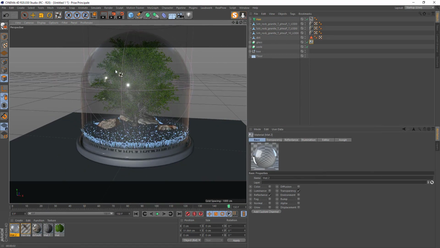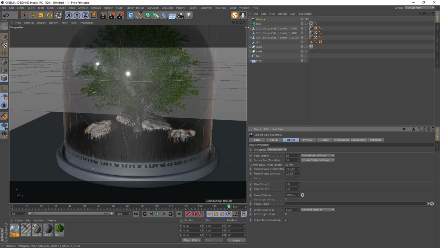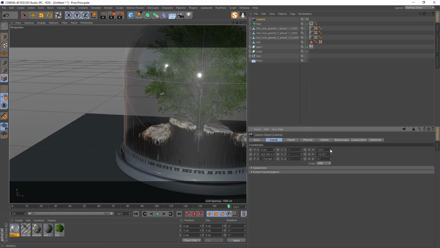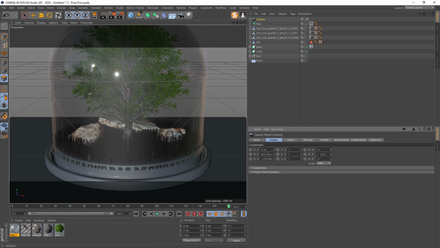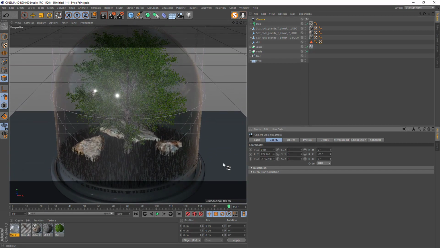We will place the camera, so we will always have the same point of view. So click camera, focal length, put 50. Go to coordinates, 0 this value, 0 this value. Here put maybe -20, and just go up like that.